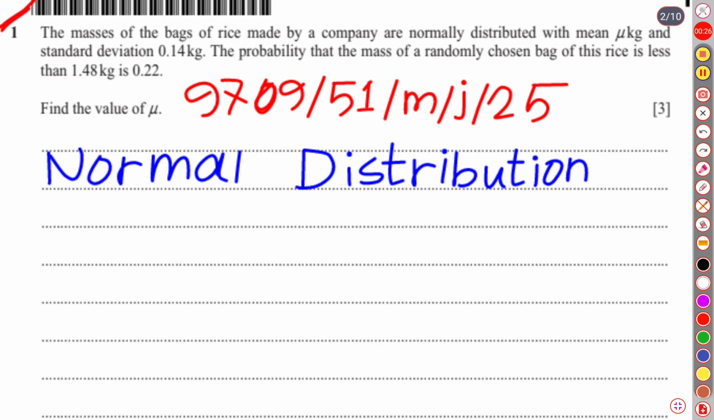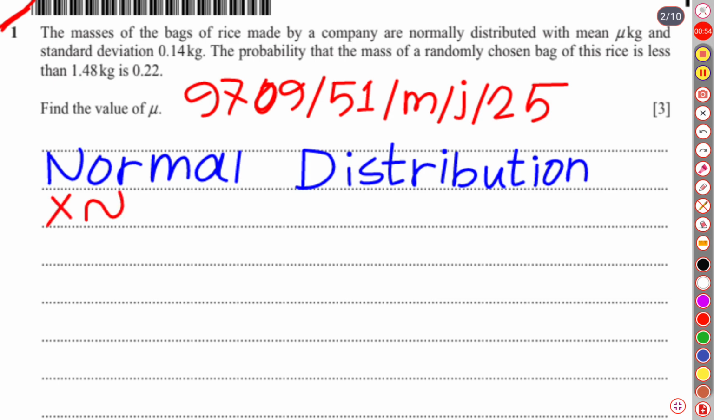a company are normally distributed with mean mu kg and standard deviation 0.14 kg. The probability that the mass of a randomly chosen bag of this rice is less than 1.48 kg is 0.22. Find the value of mu. So the mean value is missing, and we can start writing our solution. Let us write